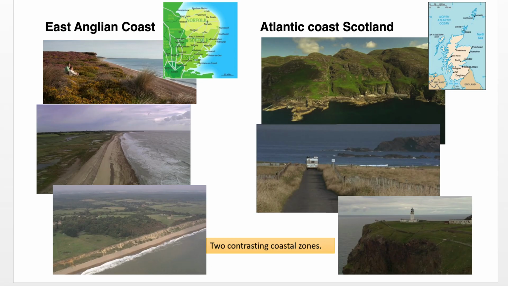And here you can see two examples of high and low energy coastline. So we have the East Anglian coast here on the left with all its pictures and its location. East Anglia is obviously here, here's London, and we're just down here in Esher, aren't we? And the East Anglian coast comprises parts of Norfolk, the county of Norfolk, the county of Suffolk, and the county